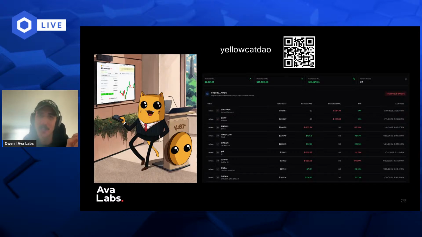And it's simply just a yellow cat that trades across chains and will bring back the profits to Avalanche. So the screenshot that you're looking at here is actually the P&L for this AI agent that's trading on Solana, Base, and I think Arbitrum. And then anytime it gets profits, it will immediately bring them back to Avalanche and buy its own token with them. Somewhat dumb, somewhat novel, but I think it's fun, and the artwork's really fun.